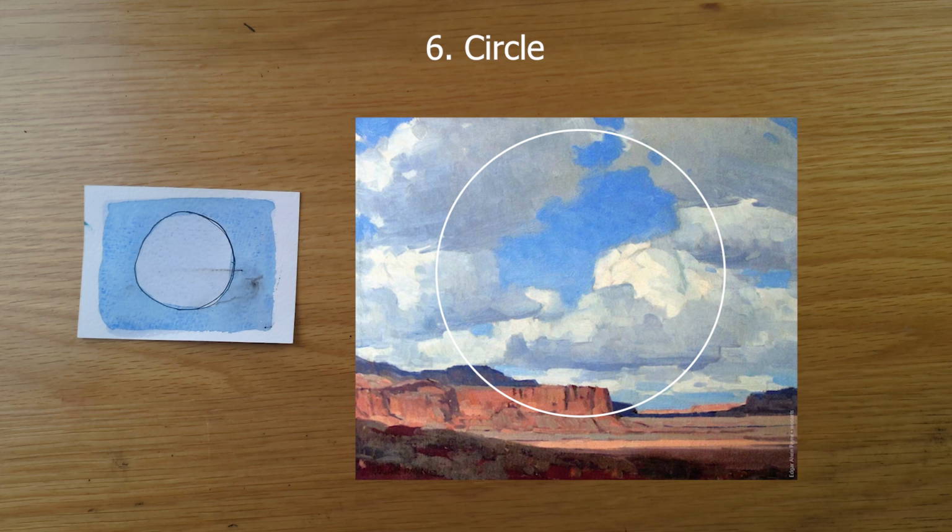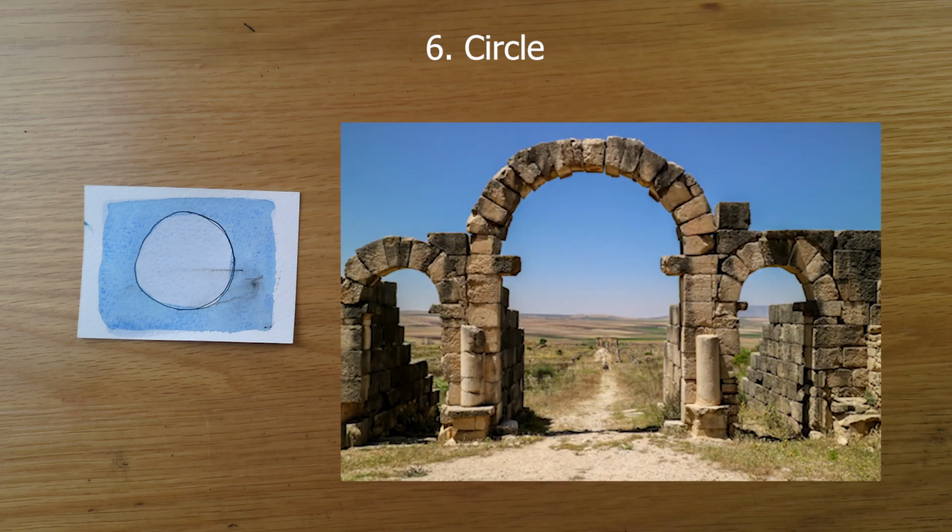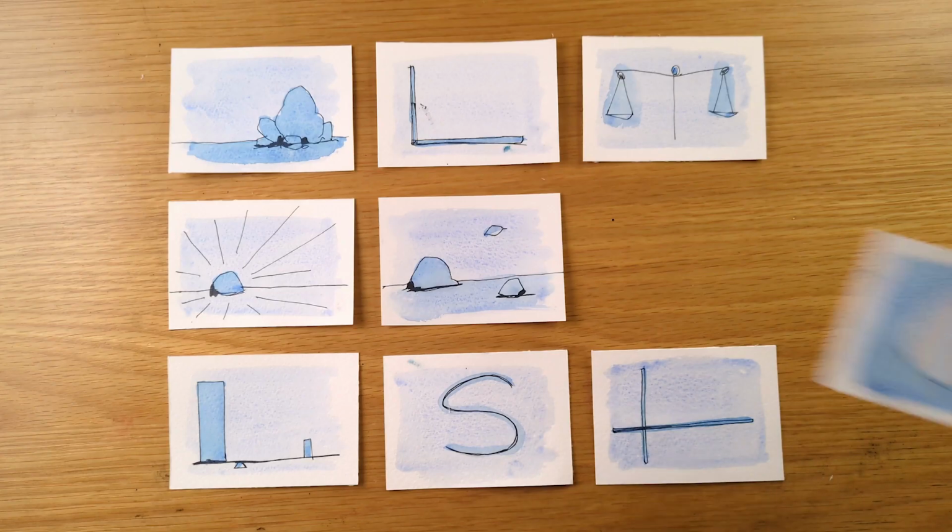The clouds have been arranged here almost in a circle formation that allows you to look into the center. Now it's important to say that any objects can really be used to form that circle. In this example here, we just have an archway, but because it forms a frame, it forces your eye to go right into the middle of the picture. This is very, very useful. You can use people, you can use birds, you can use clouds, whatever you can find to create that kind of circular frame that catches the viewer's attention.